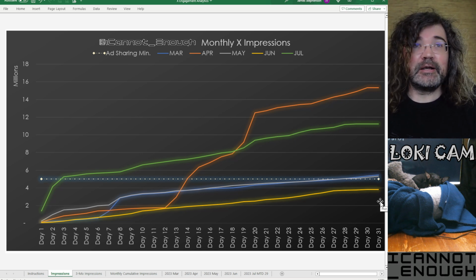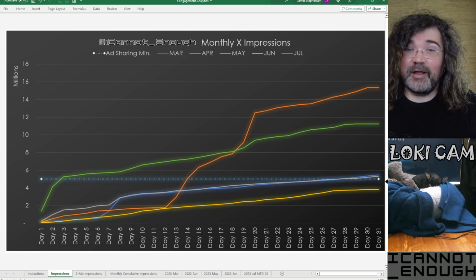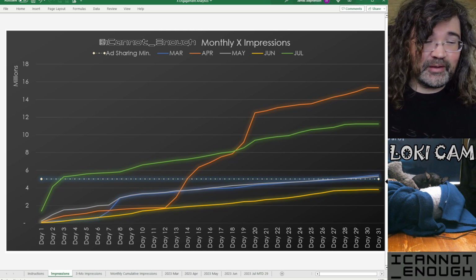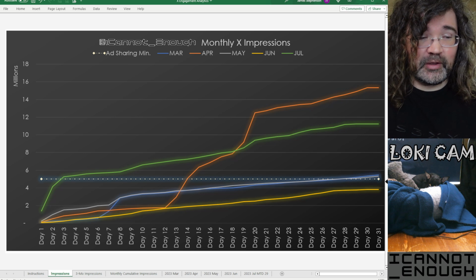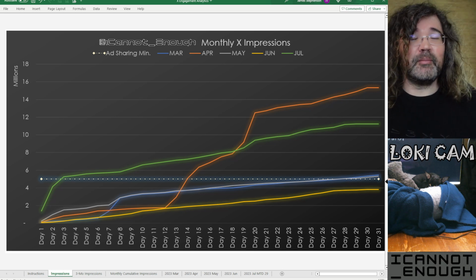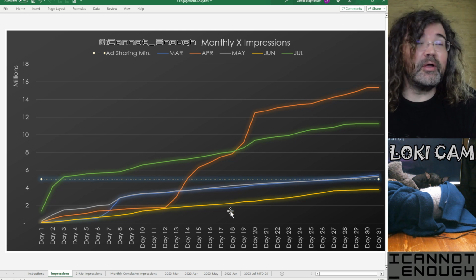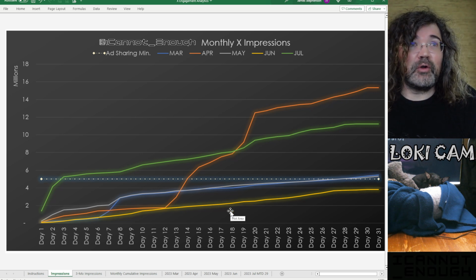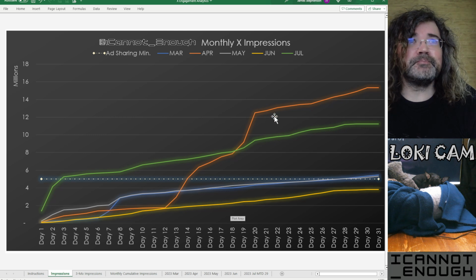On the analytics page, in every other month I made it above 5 million, even though I didn't know that was the cutoff. Twitter didn't announce until just a couple of months ago that their requirement was going to be 5 million per month, right before they changed it to 15 million over the rolling 3-month time period.